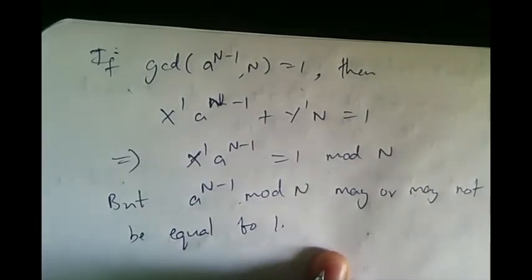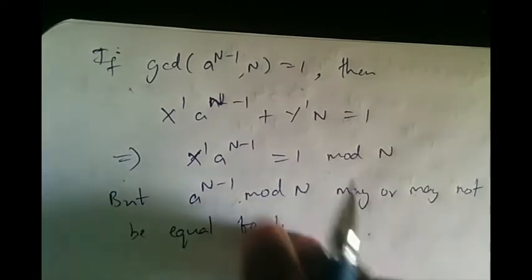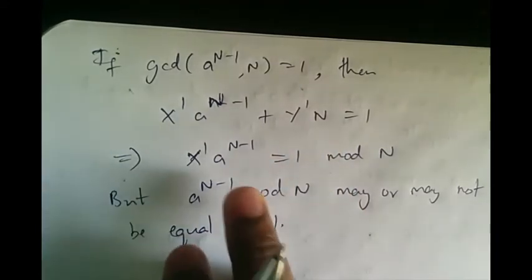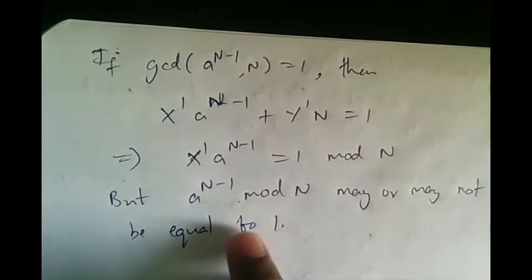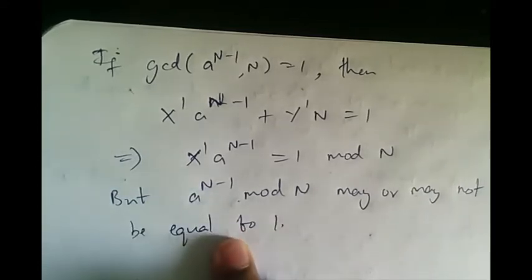So in the second case where a belongs to Zn star, which is the majority of the a's in that range 1 to n minus 1, we don't know. That is, we don't get a conclusive answer: if I just compute a raised to n minus 1 mod n, it may or may not be equal to 1. So I can't use the same argument as before. But all is not lost. So we have this theorem which says that